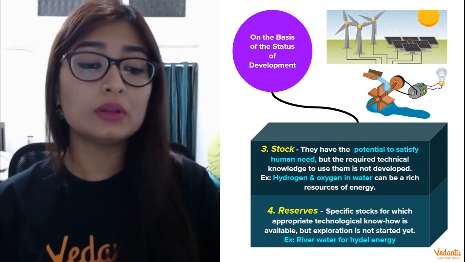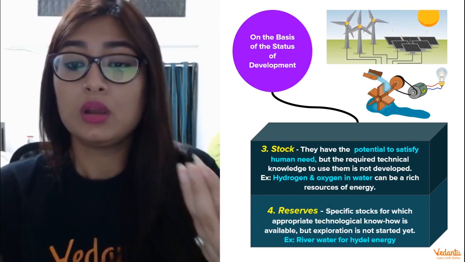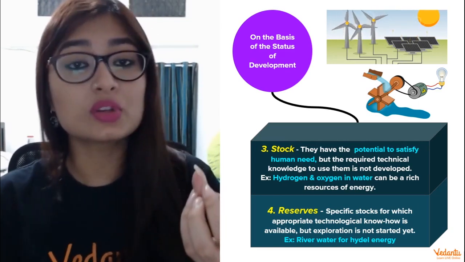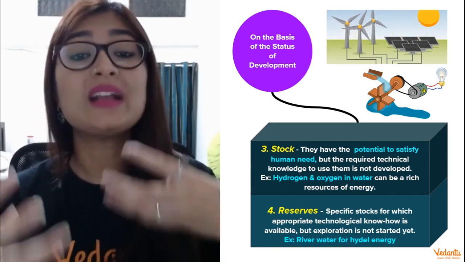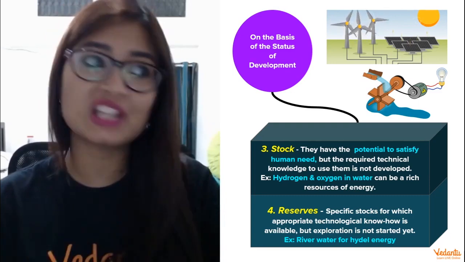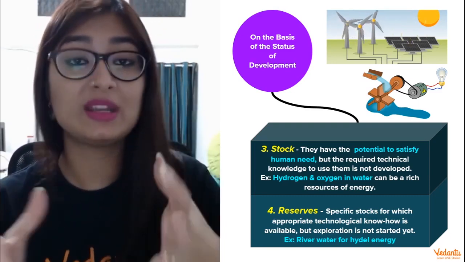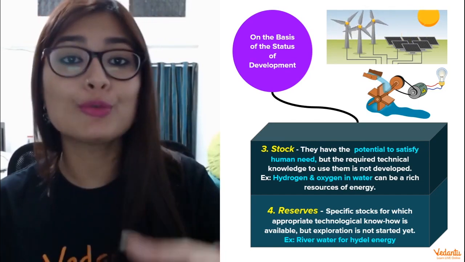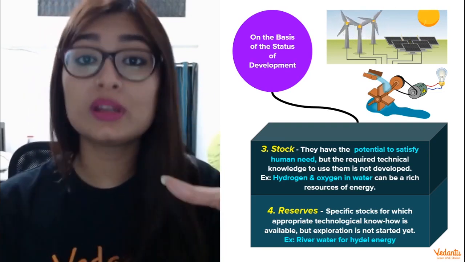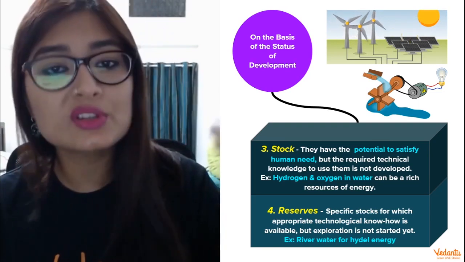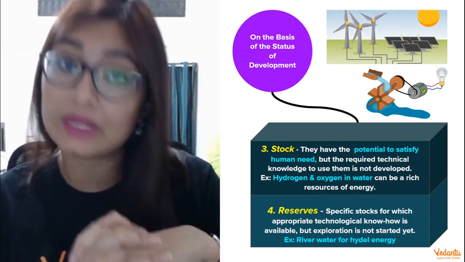For example, water is actually made up of two very rich resources of energy, which are hydrogen and oxygen, but we do not know how to use it for that purpose. These are highly combustible gases, they can catch fire immediately, which means they can produce a lot of energy, and water is made up of these two gases, but we do not know how to use it in that capacity. But wind energy and solar energy, as I told you, we know how to use. We're just trying to work on it to see how more developed the process of its use can be.